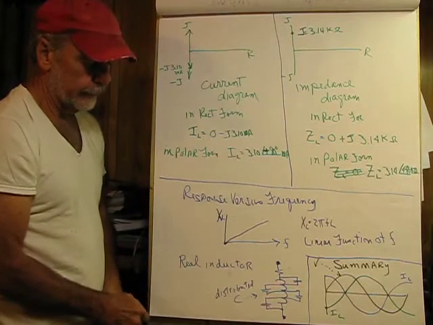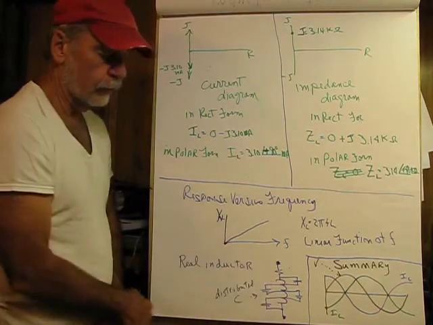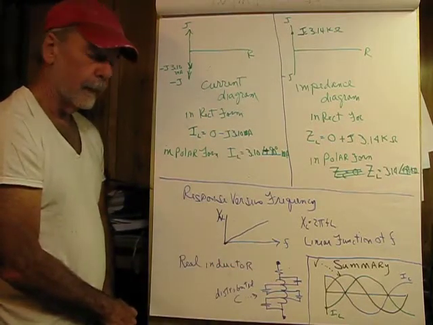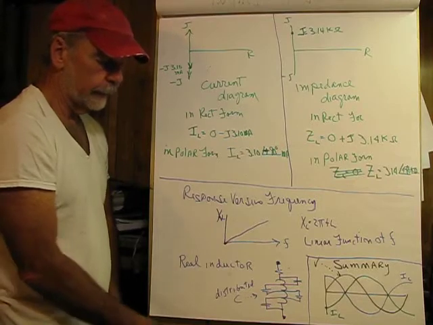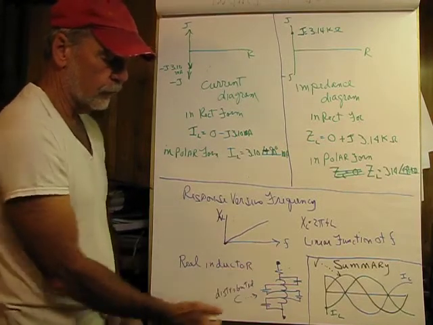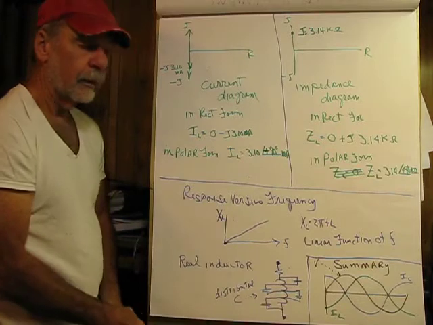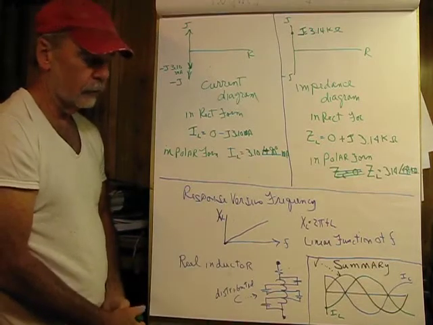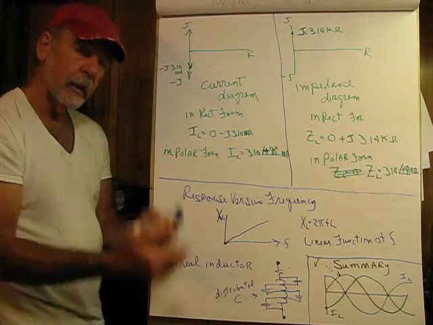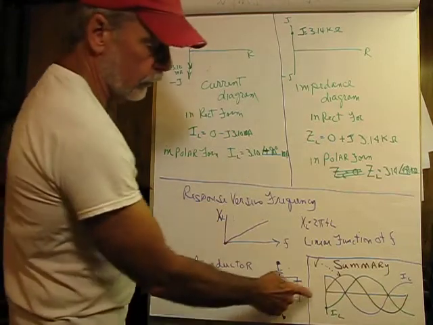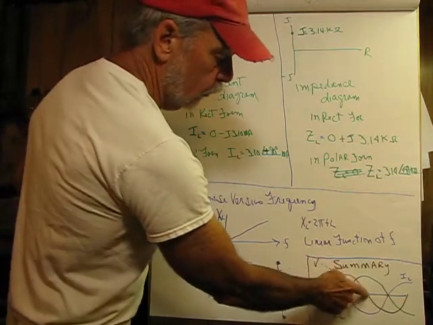So an inductor basically has a point of self-resonance, meaning that at some point the magnitude of X sub C equals the magnitude of X sub L, and we'll save that discussion for another day. So in summary, the whole thing is if the black signal equals the forcing function, the voltage,